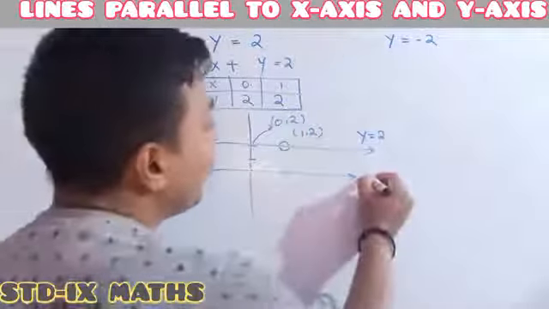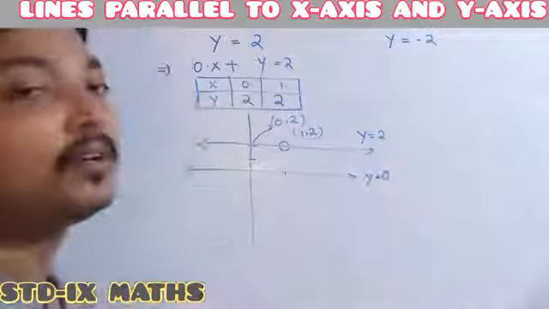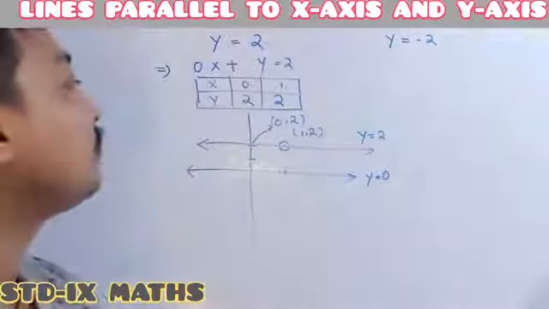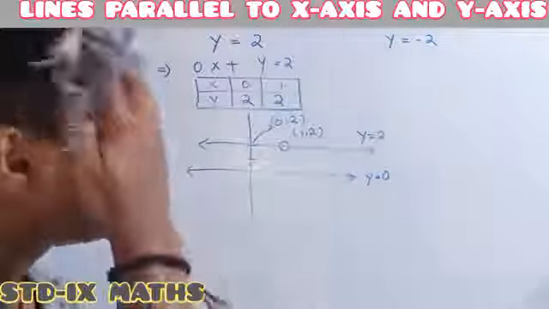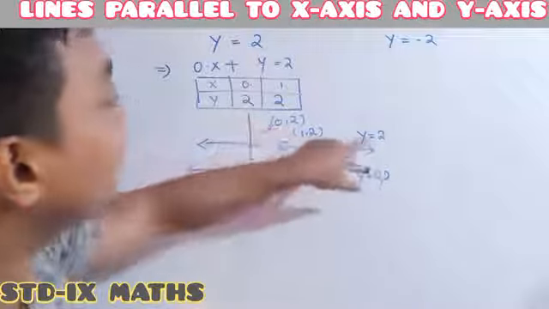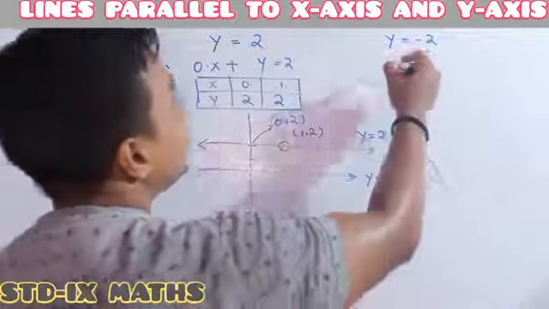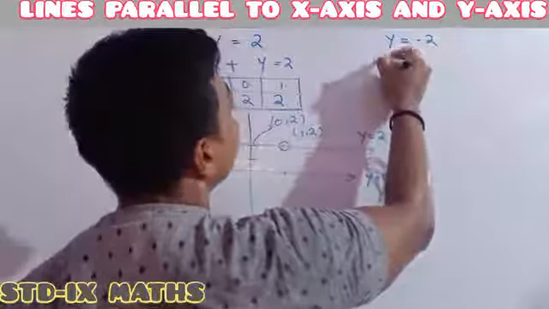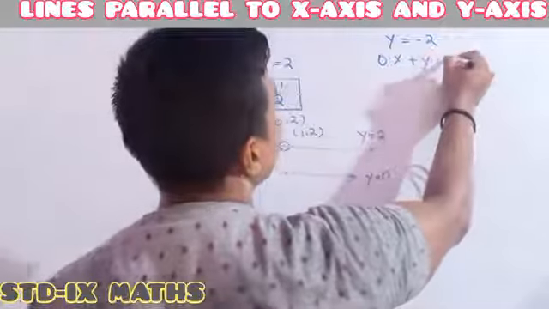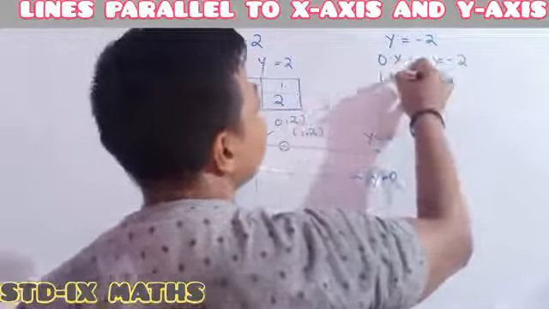The previous one, the x-axis, its graphical linear equation is y is equal to 0. Now I am showing the line parallel to the x-axis at 2 units, its line is y is equal to 2. See, here it is y is equal to minus 2, how am I showing it? 0 into x plus y is equal to minus 2, which implies,